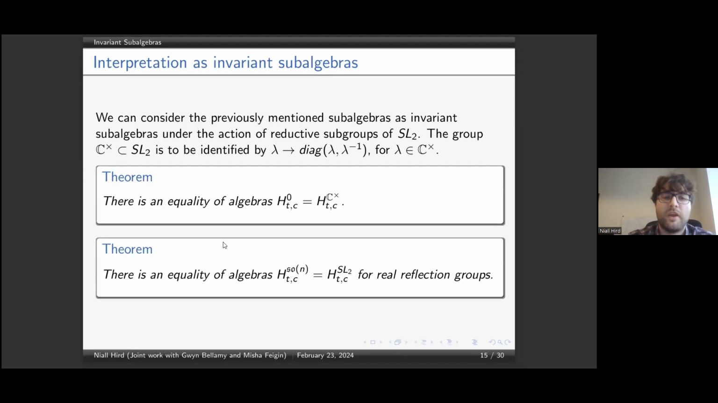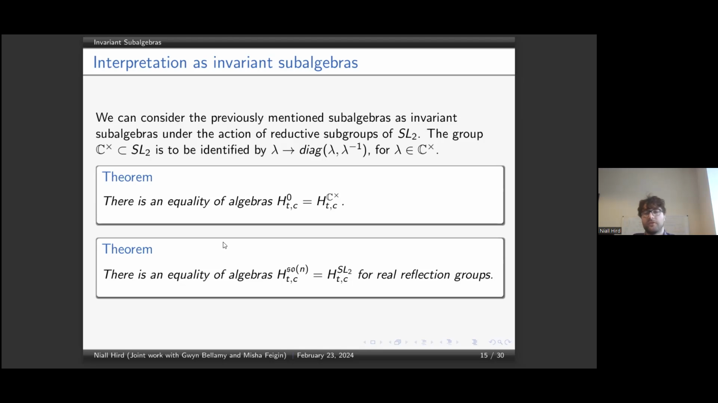Yeah, okay. So then we can think of subgroups of SL2 acting on H and ask about their invariance. It turns out that the degree 0 part of H is the same as the invariance under the action of the units of C. And to see that the units of C are a subgroup of SL2, just identify any complex number lambda with the matrix that has lambda and lambda inverse on the